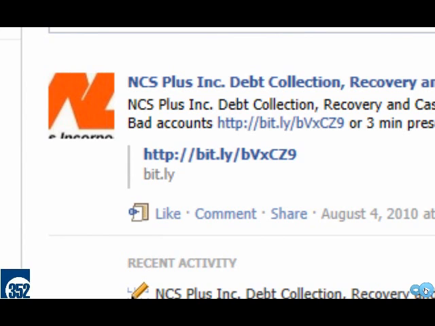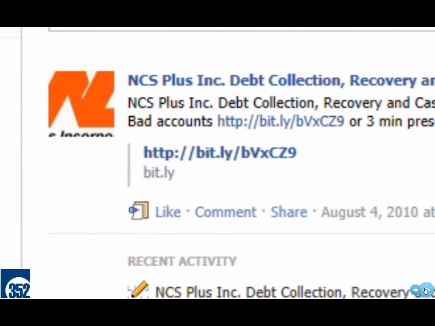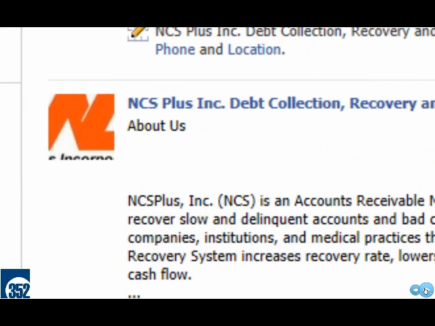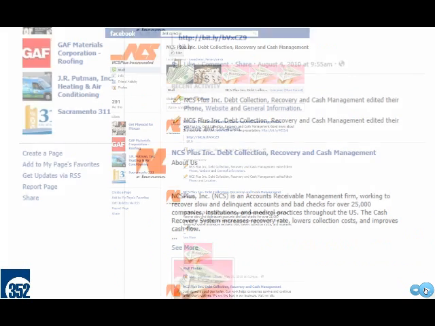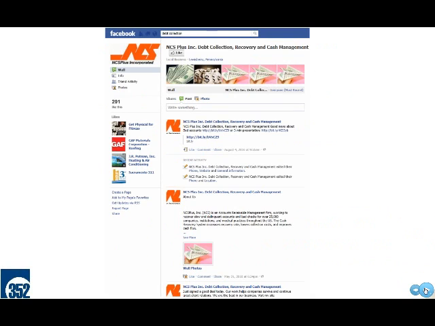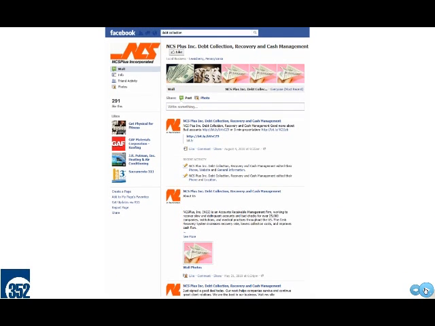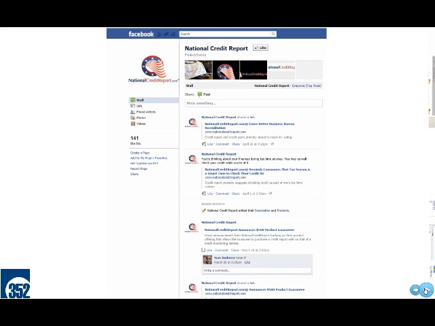And when you're making posts on Facebook or Twitter or any of the networks, you really want to think of each post in the context of, is this something that I would share? And really a link back to your website is not something someone would share. And so you can see they're just putting information about themselves and about their website on there, and that's not something that is really engaging and is going to drive a lot of response. As you can see, there's really no comments and shares here.